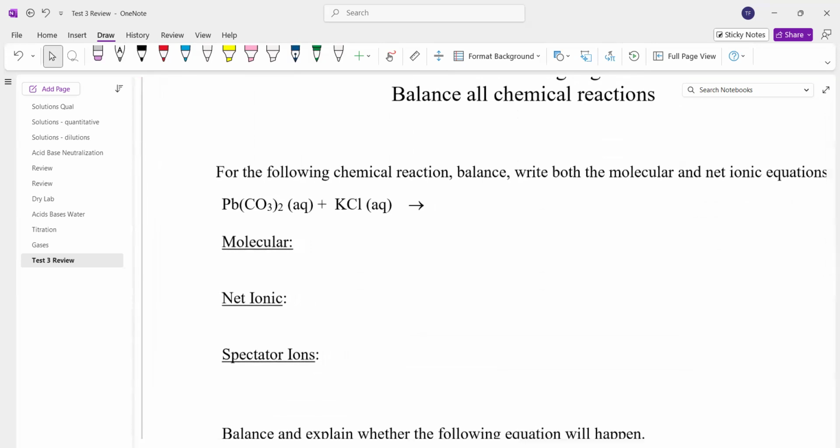Okay, for the following chemical reaction, balance and write both the molecular and net ionic equations. So you need your solution chart. This is a double replacement reaction because there are no metals here. Double replacement has no metals. It's just ionic solution, ionic solution. So we're going to swap the cations. The K goes down, the Pb goes up. So our new equation is